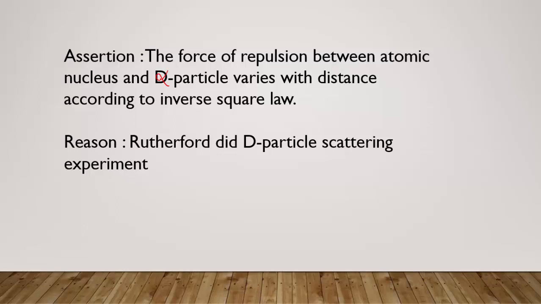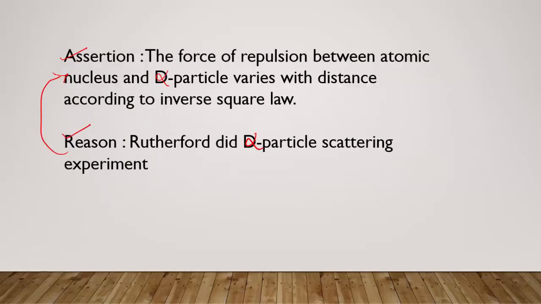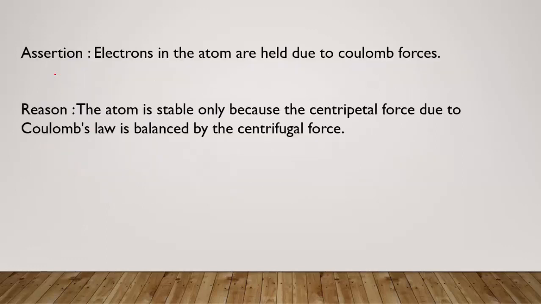Reason: Rutherford did the alpha particle scattering experiment. In this case, both assertion and reason are true, but the reason is not a correct explanation for the assertion. That's why here option B is the right answer. Assertion is correct, reason is correct, reason is not a correct explanation for the assertion. The next question is,